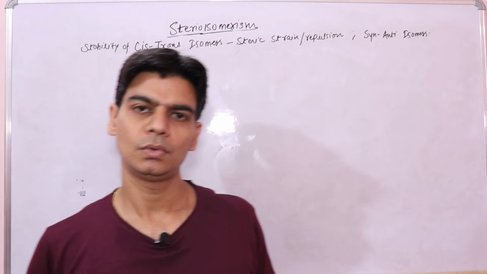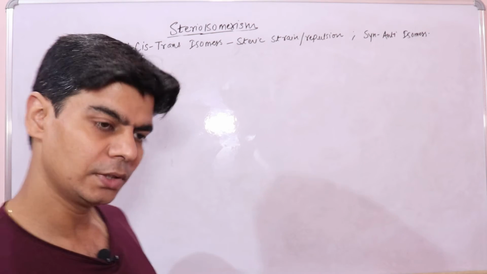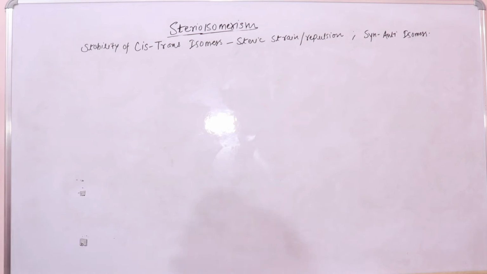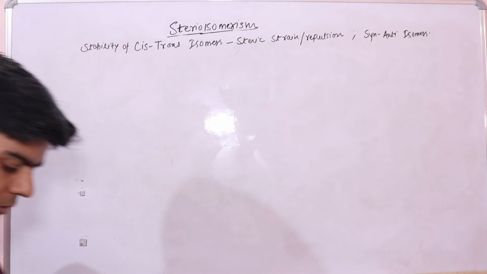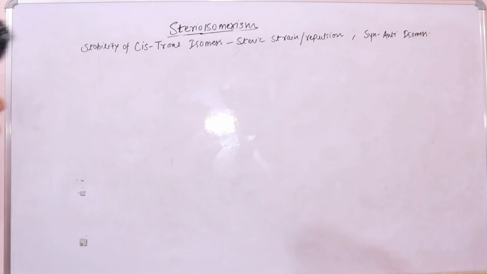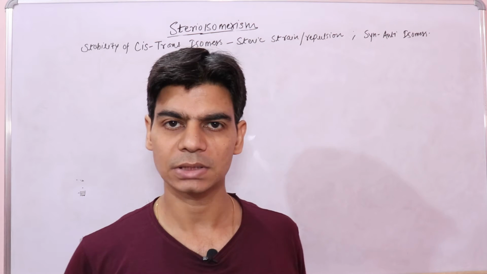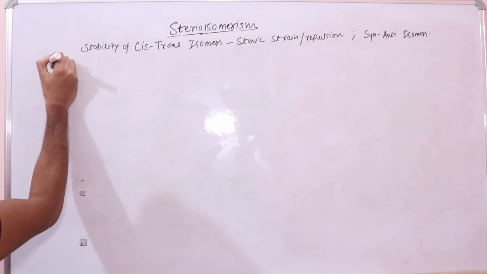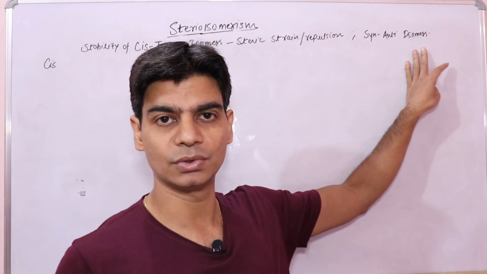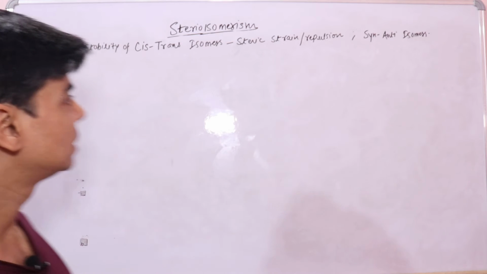This lecture is in continuation to our previous video lecture where we were studying stereoisomerism, where we looked into the details of geometrical isomerism. While studying geometrical isomerism, we were covering the properties of cis-trans isomers. One of the properties is that trans isomers are more stable than cis isomers. Now we'll look into the reasons, and we'll also look into cis and anti isomers, which I introduced in the previous lecture.